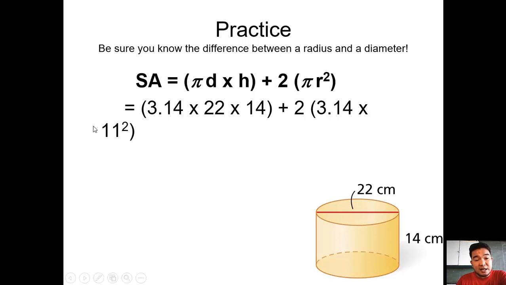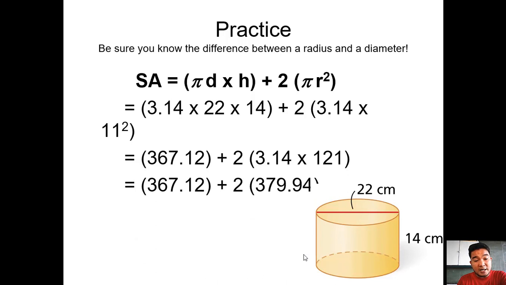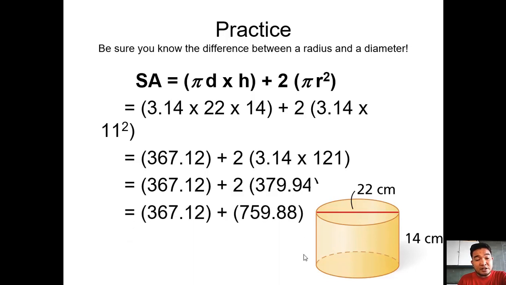The 11 came from 1/2 of 22. Then simplifying further, we have 367.12 plus 2 times the quantity of 3.14 times 121, and then 367.12 plus 2 times 379.94. Simplifying further, you will have the surface area of 1,127